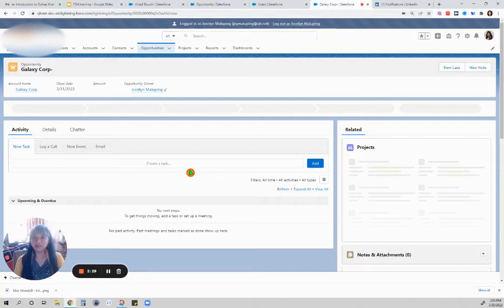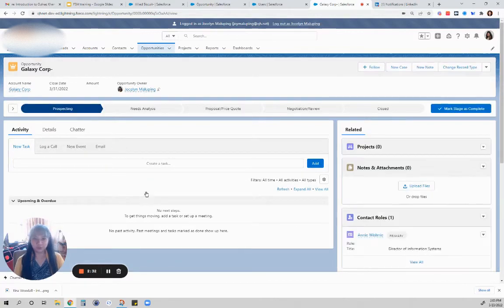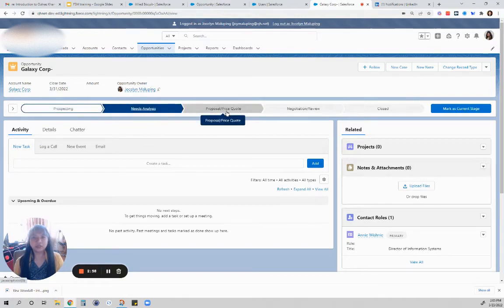And once you land on the record page, you can see here how beautiful it is and how easy it is for you to keep track of where you are in the process of converting that potential client. Essentially, at this point, she's a prospect turning into a real customer. So you're working on that. You might need more analysis, etc. Once you get to the point of proposal and giving the price quote,